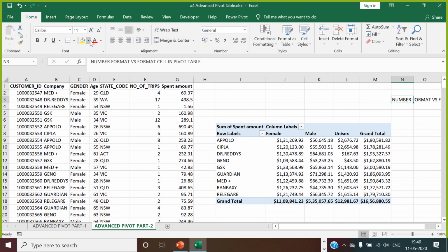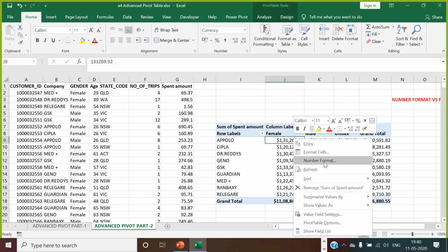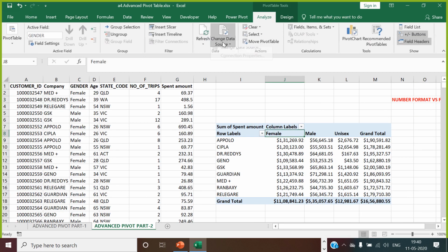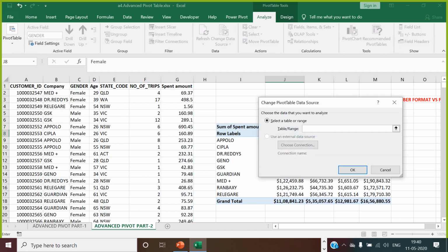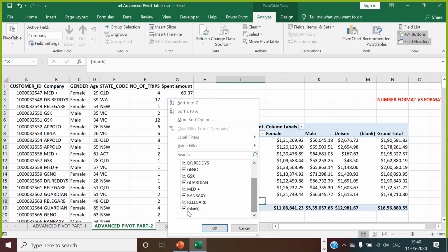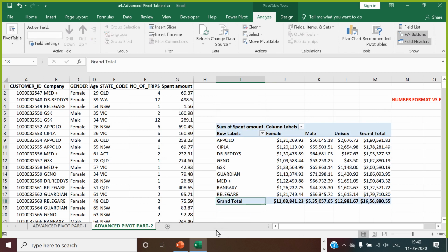Okay, guys, this is a very important concept. You should remember this. Next part of it says refresh. As I said, when you have data, always remember going to the pivot table, you always select through Change Data Source the entire column range. Don't go by data range. No matter whether it is coming as a blank, you can untick the blank always, but make sure that you have selected the column range. When you have selected the column range, tomorrow if you add any further data to this file, you can always come and do a refresh.